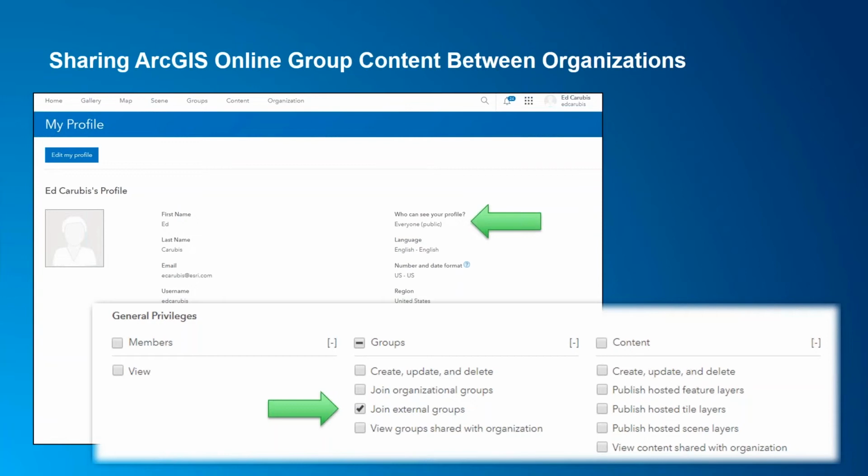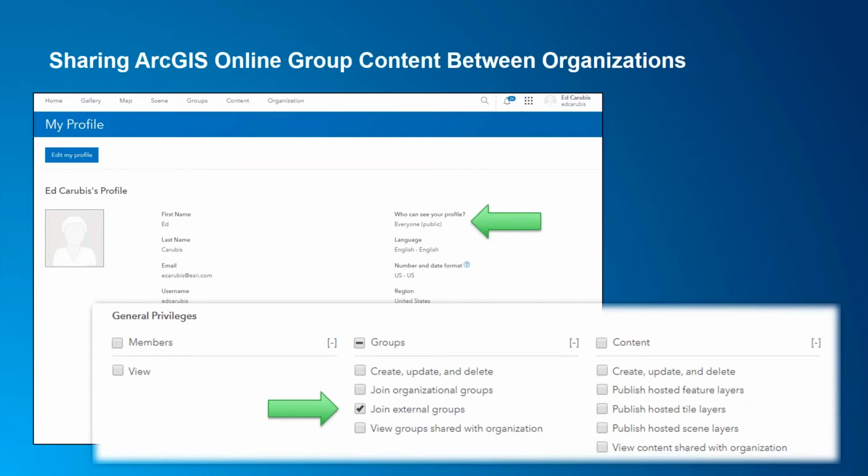What we found is that when organizations try to set up ArcGIS Online group content sharing in this manner and run into difficulties, it's typically around these two areas where there's a potential issue: the privileges aren't set to join external groups, and their account is not discoverable.